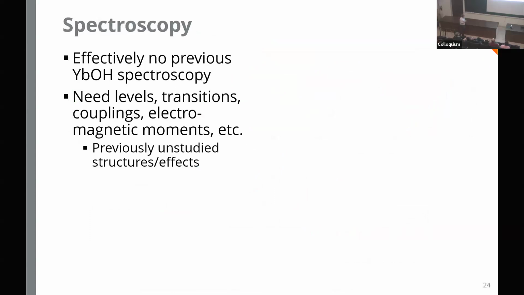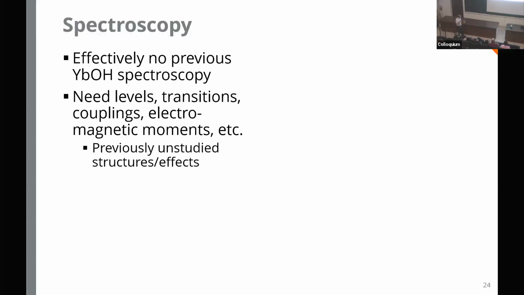YbOH had effectively no previous spectroscopy. There was actually one paper written about it maybe 25 years ago, which turned out to be wrong, but luckily in a way that basically didn't matter for us. So that means we have to measure all the levels, transitions, couplings, electromagnetic moments, everything in this molecule, which is